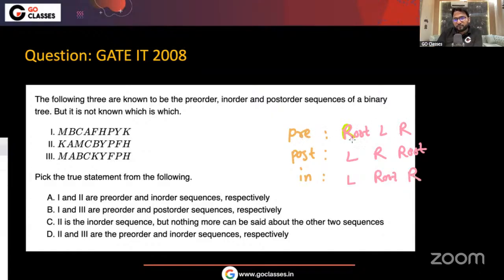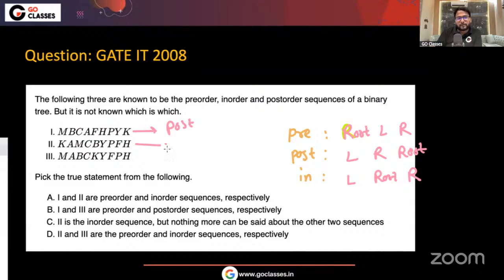if pre starts with the root and post ends with the root, right? So there has to be something pre, something post. You can very easily identify. See, for example, if it is starting with the M, anything ending with the M? No. For example, it's starting with the K, anything ending with the K? Yes. So basically, using these two, you can say this is ending with the K, so this is post,